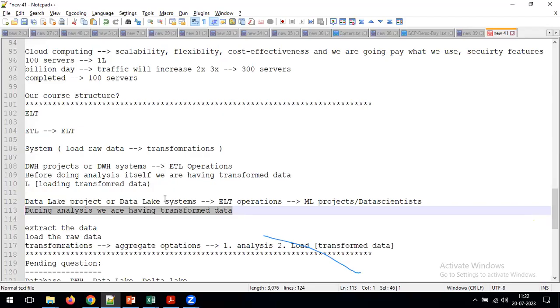In Spark, we have a concept called a data frame. With the help of the data frame, you can read the data from the file. What is the meaning of reading? We are not touching the raw file. We are not deleting the raw file. We are not doing any operations on the raw file. Just we are reading. And whenever we read the data into the data frame, that data frame data will be stored in the cache. Cache is nothing but RAM memory. Now on top of this cache, by using the script, we are performing the aggregate operations. We are getting the aggregate data. On top of this data, we are going to perform the analysis. But if you observe here, in this entire process, are we deleting any data from the raw data here? No, sir. I understood. Always we are going to maintain the raw data in the storage system.